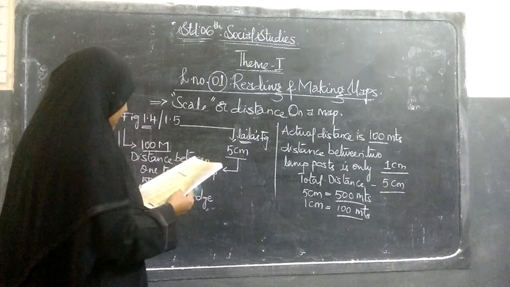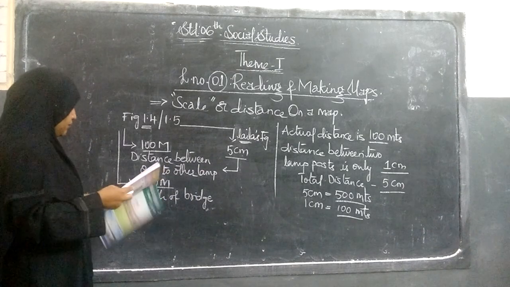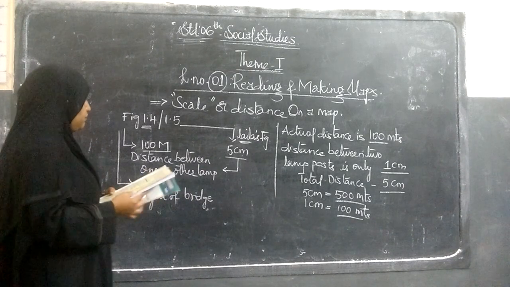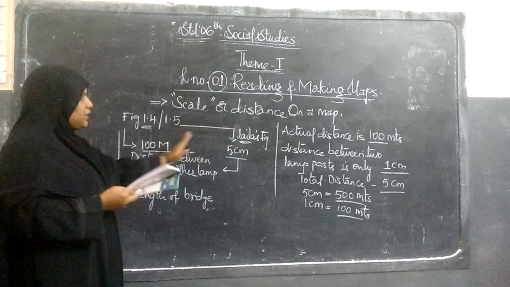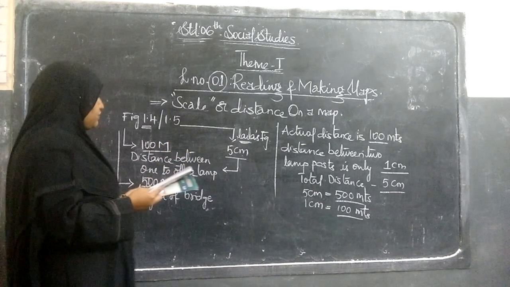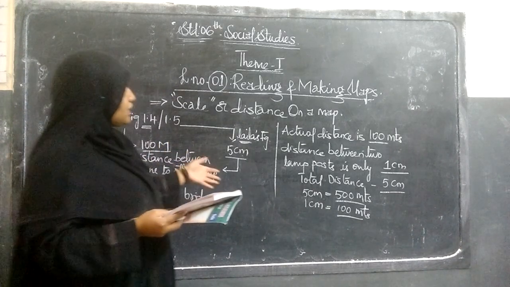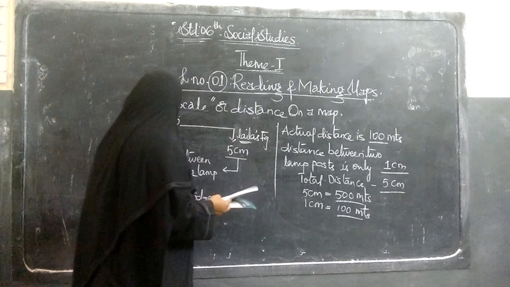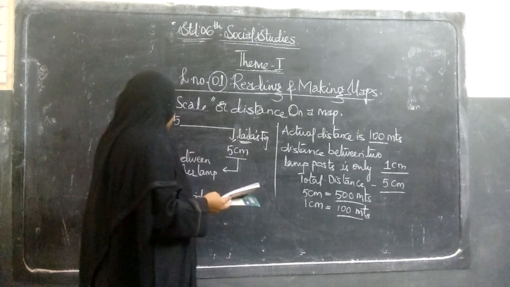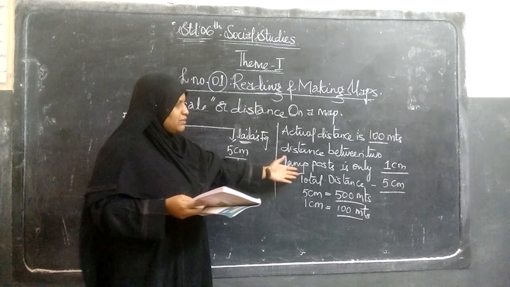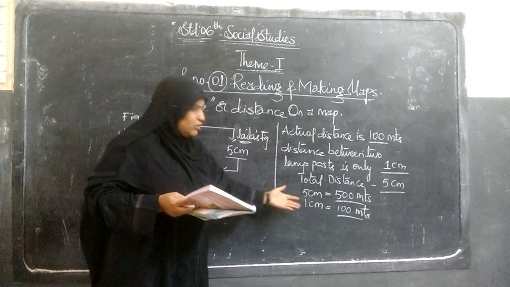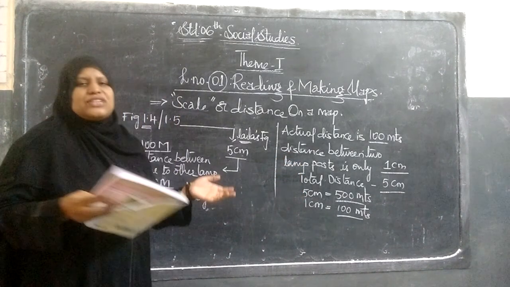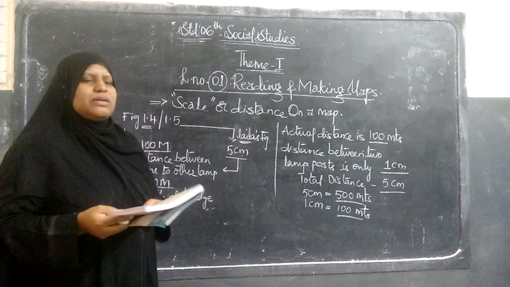100 meters, whereas the length of the bridge is 500 meters. So it is 5 times 100, that is 500 meters. When the figure was drawn, it was taken as 1 centimeter. So basically we got 500 centimeters, the actual one that was taken. So that is about the scale.